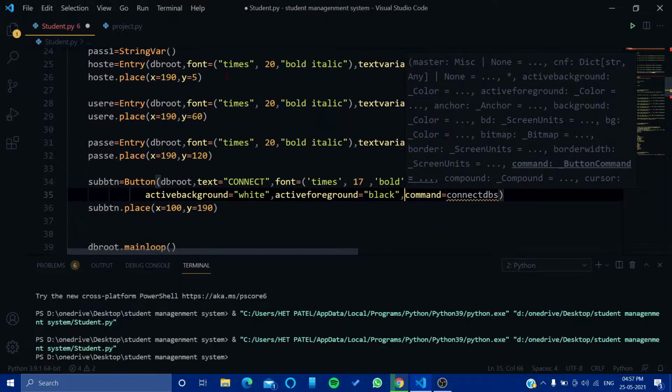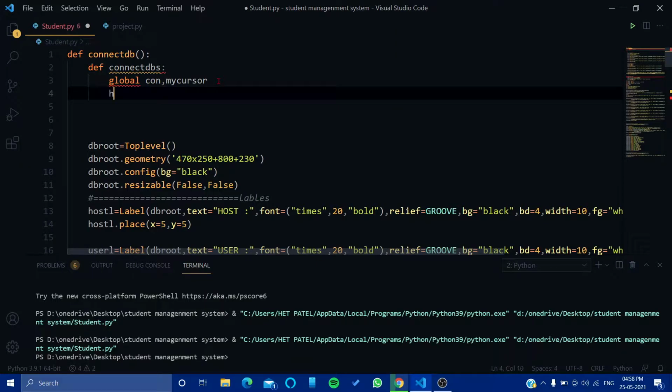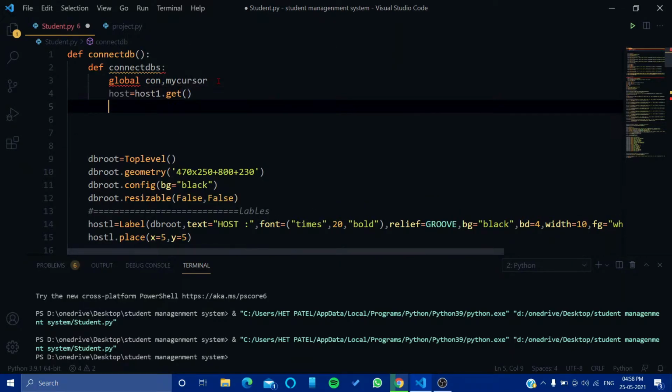Okay, now what we have to do is get all the things. Host is equal to host1 dot get. Then user is equal to user1 dot get.